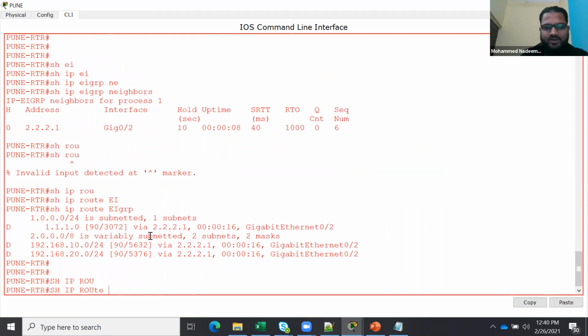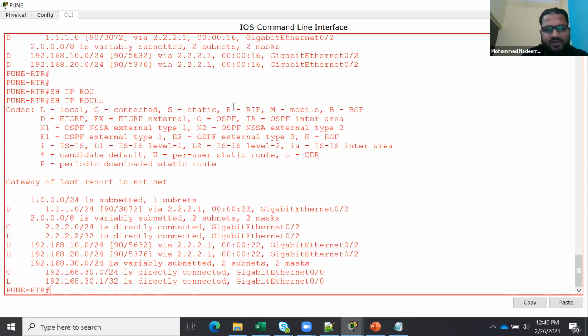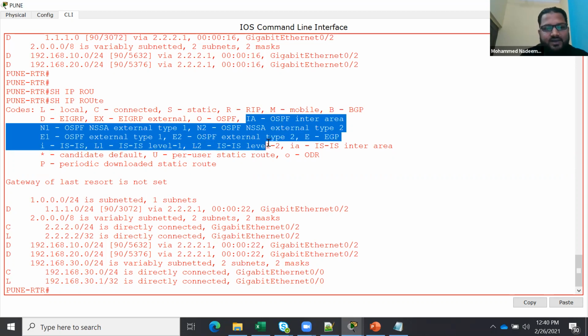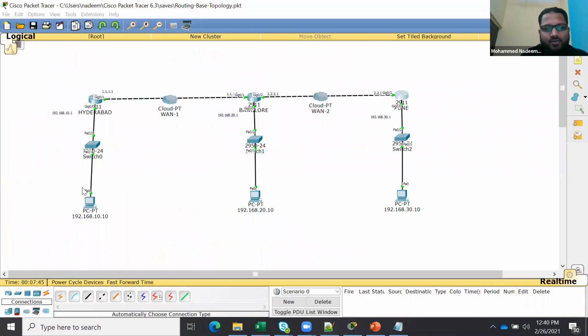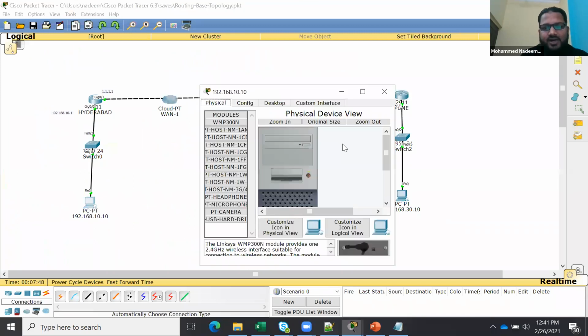Show IP route. If I go and see the global table, when the route says R, it means RIP, D means EIGRP. Similarly, if you have OSPF, it will show the O. And you will see these routes, right? NSSA, external, internal. If you go to advanced level routing, you will see this. Like if you have BGP neighborship, you will see the B for BGP, right? But now see here how quickly things are defined. So see, my network is ready.